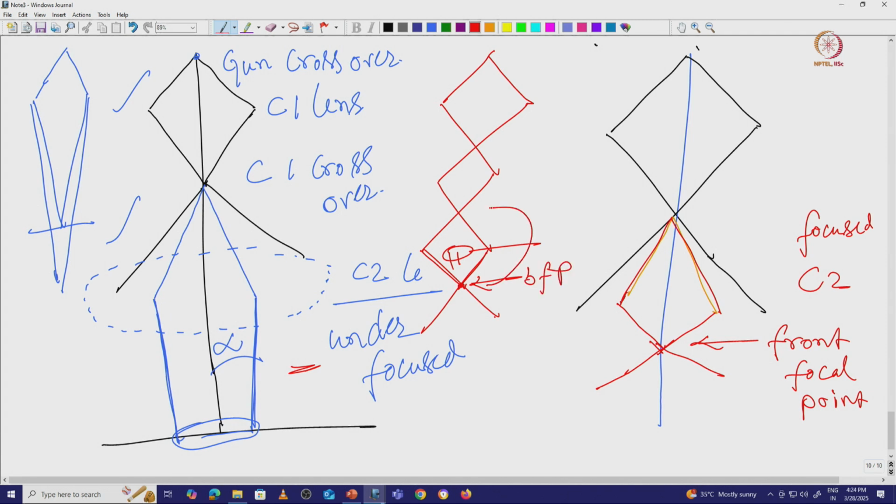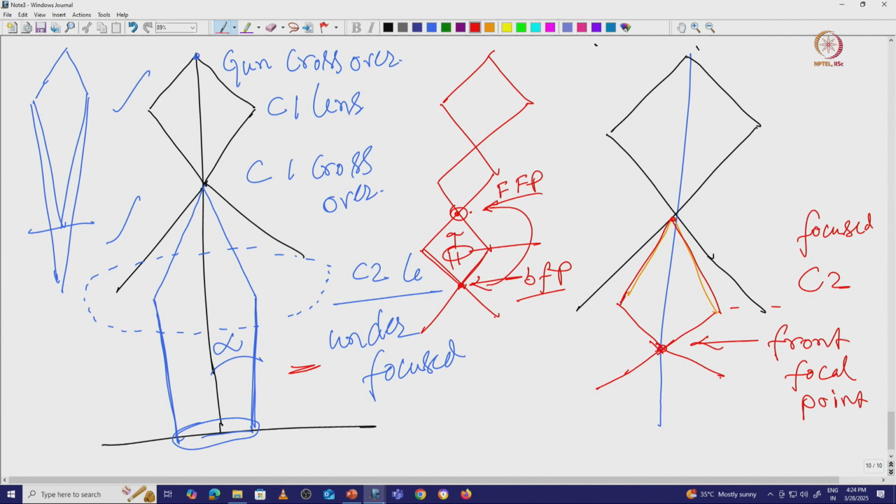that is what we call the back focal plane. Now if you consider the opposite, where the electron beams are converged just above your sample, that is called your front focal point. So if this is the back focal point, the opposite part where the electron beam is converged just above your sample is called the front focal point. Here this is your C2 lens current. We are using the C2 lens current in such a way that the electron beam should focus. So the electron beam is focused at this particular point.